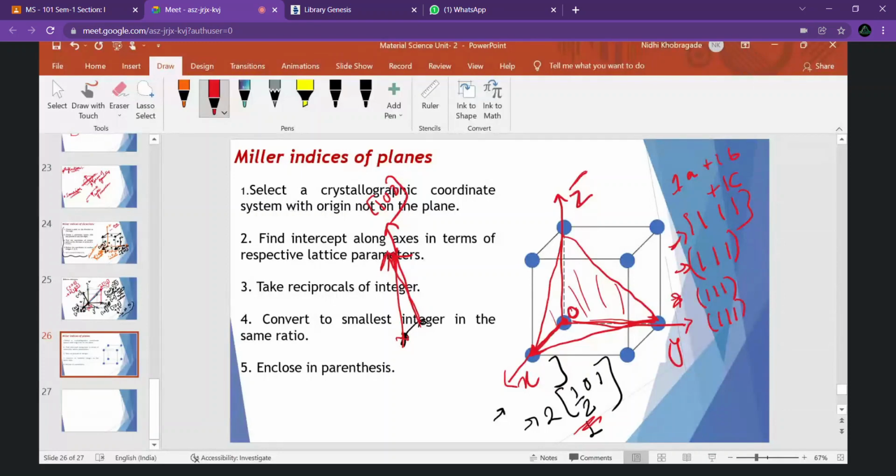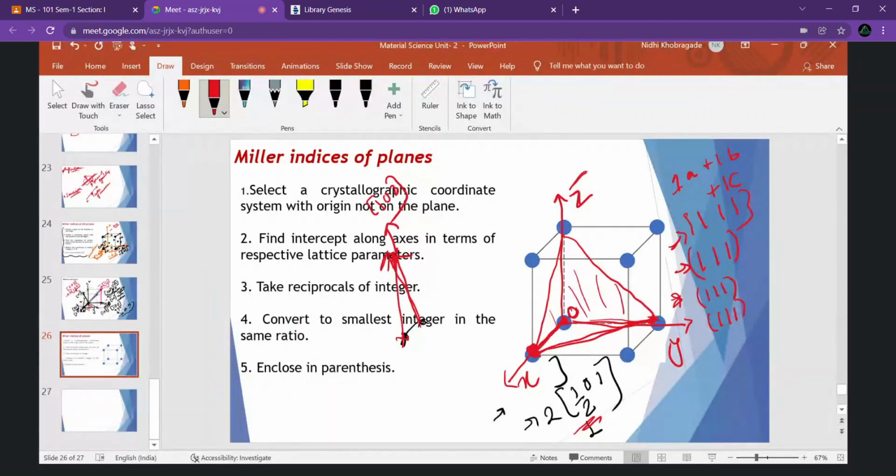So after considering this particular triangle, we have to move our position from this origin. As we are moving in this direction, it will come as 1a because it is intersecting this side, right, on this particular plane. Then similarly for the y-axis, similarly for this z-axis. So the values are 1a plus 1 times of b plus 1 times of c. So from this we are getting the integers as 1 1 1.